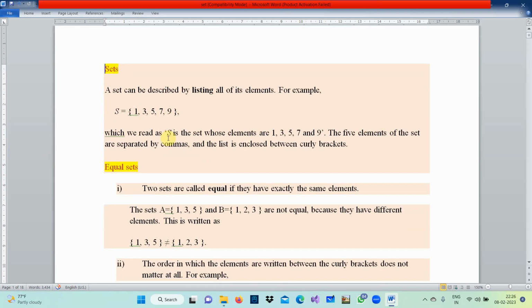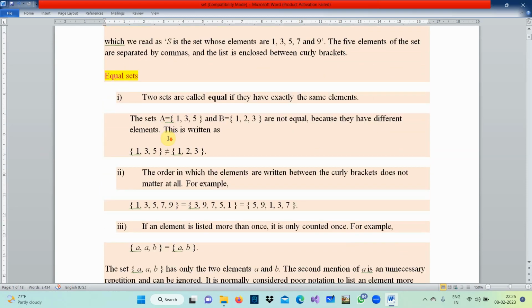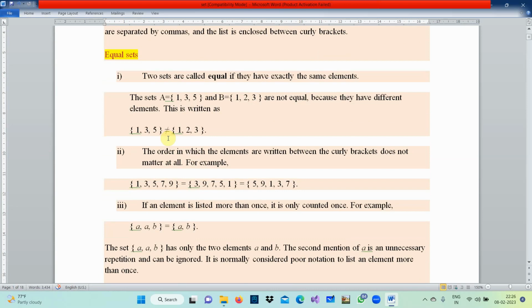Now let us go on. What are equal sets? Let us take two sets. A is one set carrying the elements 1, 3, 5. Let us take B as another set carrying the elements 1, 2, 3. You see the elements are different. If the elements are different, then they cannot be equal sets.